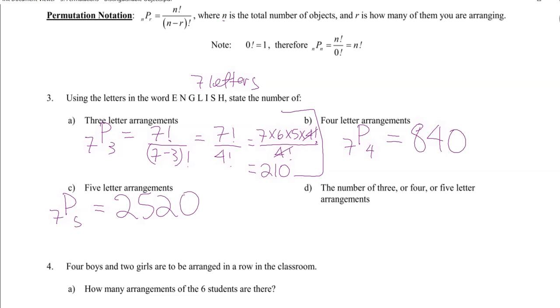So 3-letter arrangement. Okay, so that's done, 7P3. That's the number of 3-letter arrangements. Or, what do we do with or? We add. 4-letter arrangement, 7P4. Or plus 7P5. Now, we got those all nicely worked out for us. So we go equals. If we didn't have them worked out, we'd now be working each one out individually. So we say 210 plus 840 plus 2520 equals,